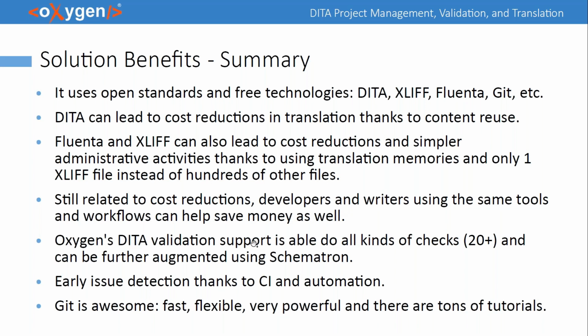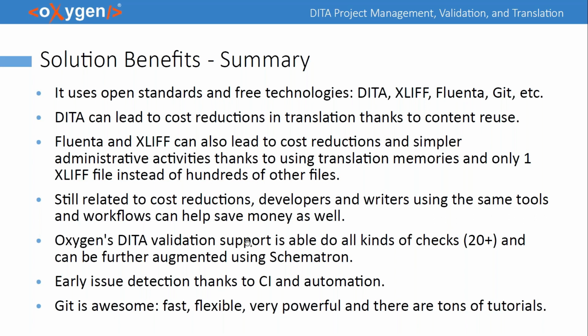Oxygen's data validation support is very powerful. It already has 20 plus checks, and if those are not enough, then you can augment the support using business rules with Schematron. Another benefit is that of early issue detection,